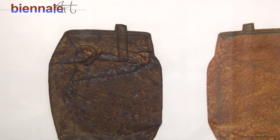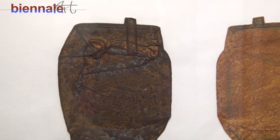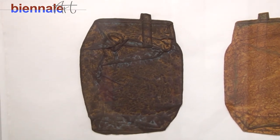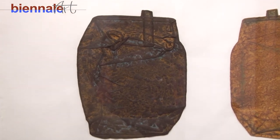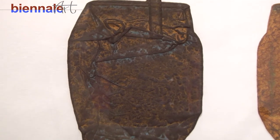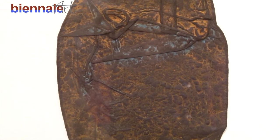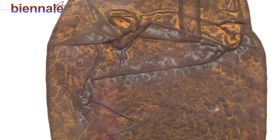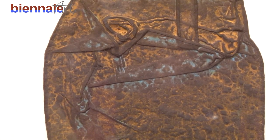Also because of the technique, we managed to represent very faithfully all the nuances and the qualities of the surface of the can, which makes it more believable, because in a way it's very realistic, but it's just a piece of handmade paper at the